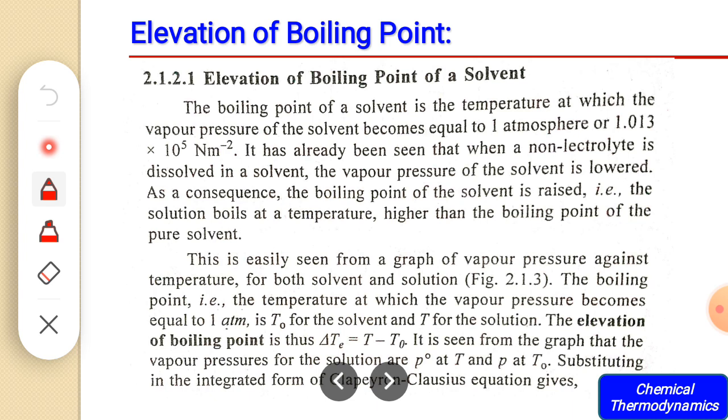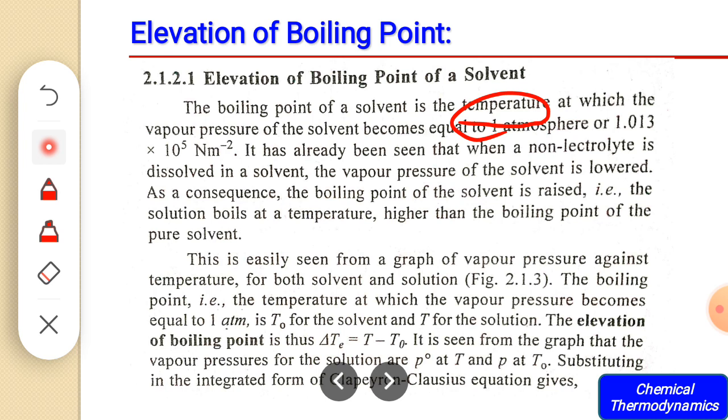So boiling point is simply defined as the temperature at which the vapor pressure of the solvent becomes equal to the external pressure or atmospheric pressure, or 1 atmosphere, which is equal to 1.013 into 10 raised to 5 Newton per meter square. So this is very simple. The temperature at which the vapor pressure of a liquid becomes equal to the atmospheric pressure,